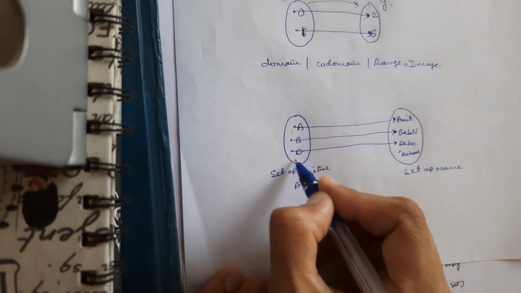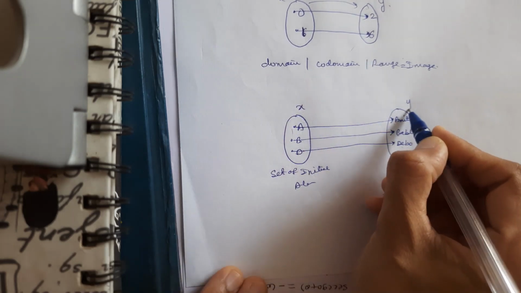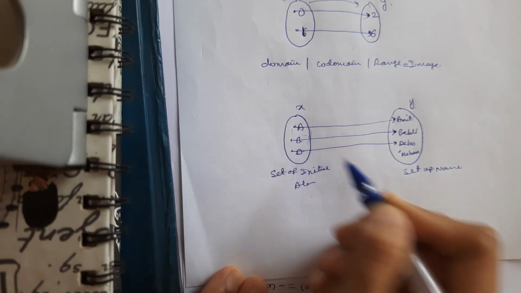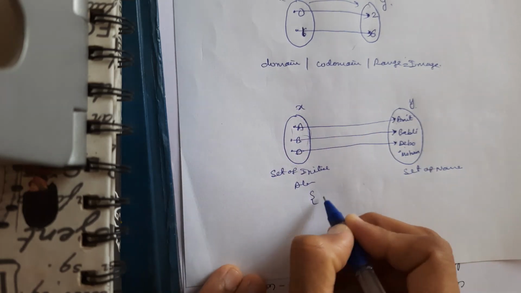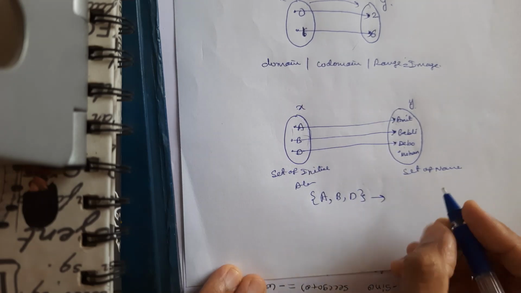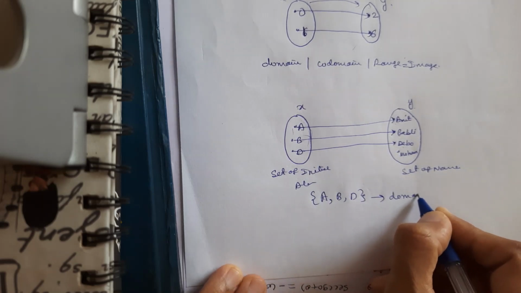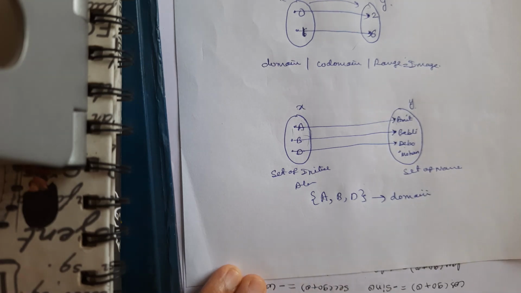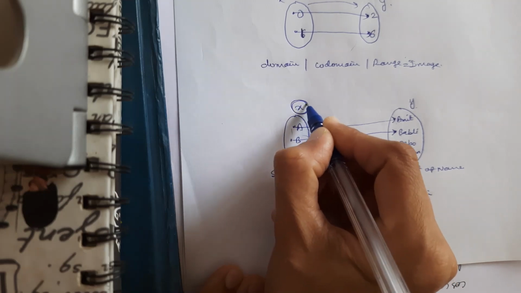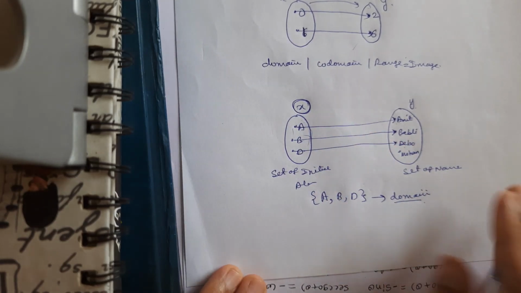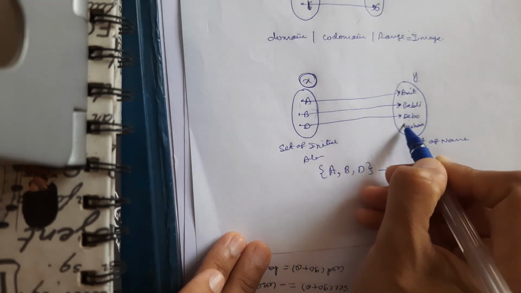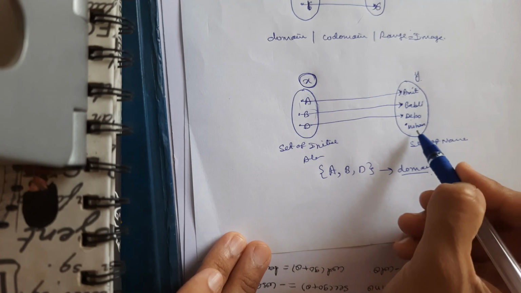So this is the value of X and this is Y, input and output. This possible set of values of X, which is nothing but here A, B, D, is called the domain of the function. What is the domain of the function? The possible values of X, your input's possible values, is called the domain of the function, and all possible outputs are Amit, Bubbly, Debo and Mohan.